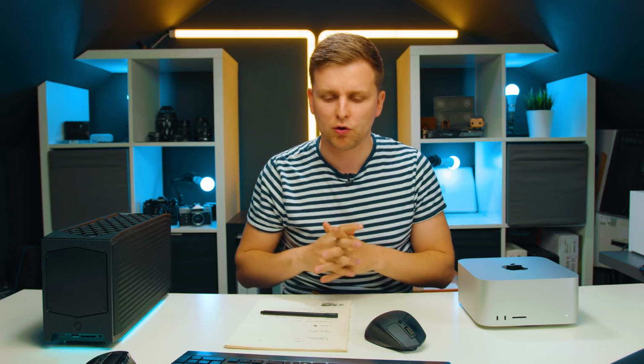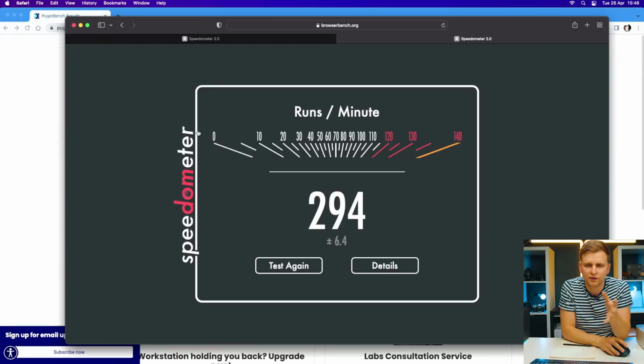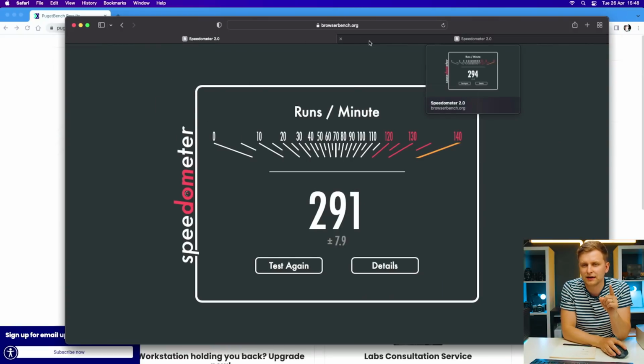So let's start looking at the benchmarks then. First of all, we're going to look at the browsing benchmark, the Speedometer 2.0 on both of these devices. On the Mac side of things, we can see that I've done the test on Safari and we're hitting 291